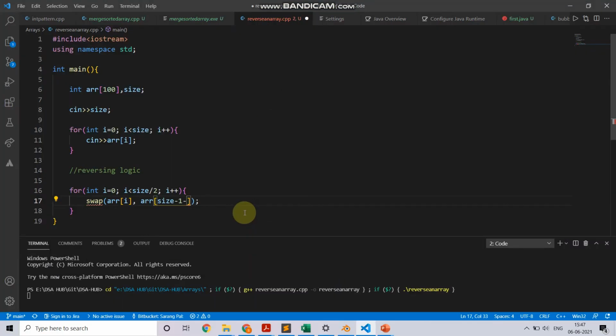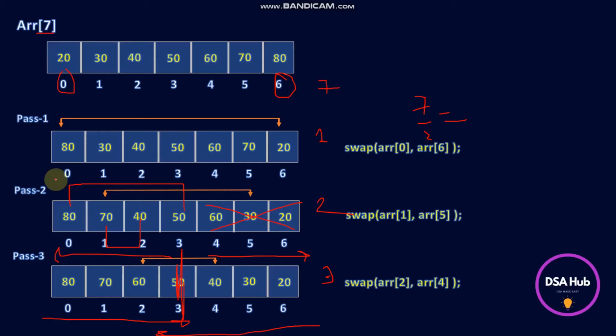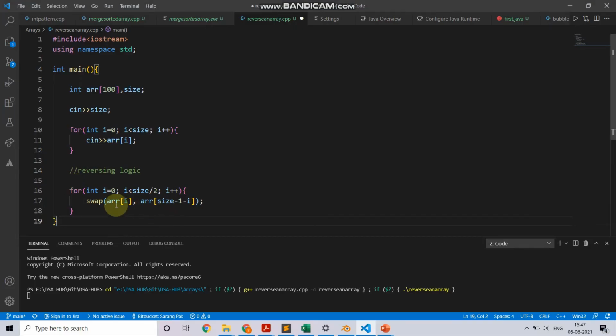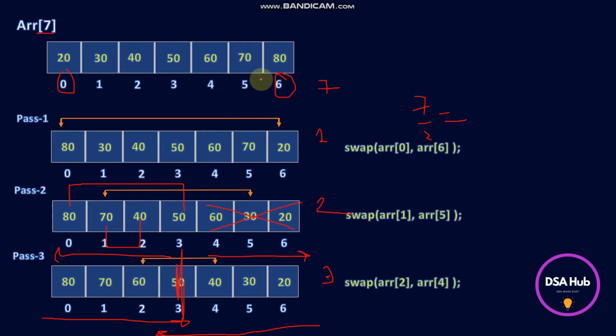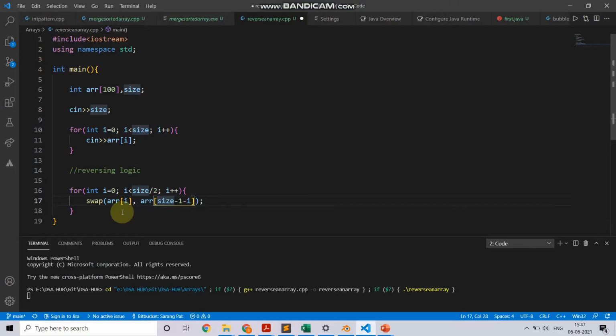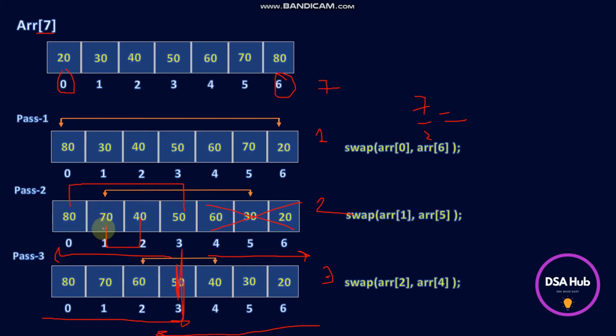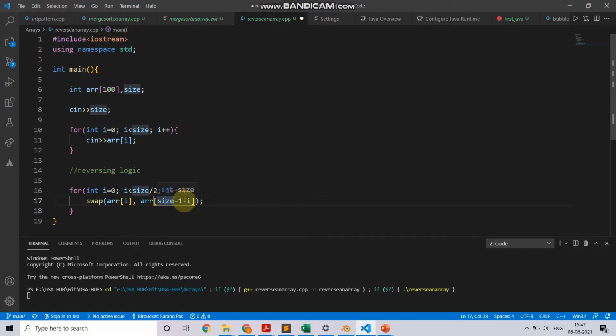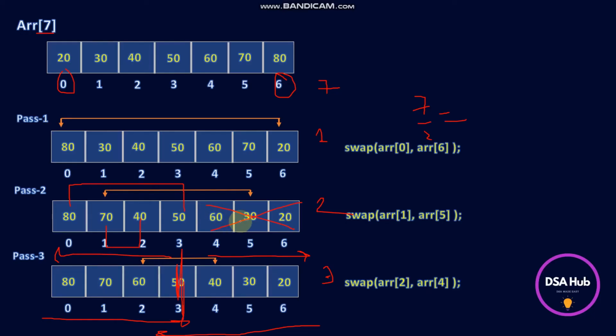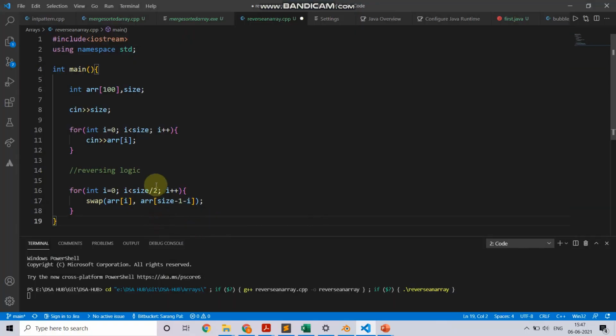Now how are we going to do that? What if we subtract i from size minus 1 every time we jump ahead? Just look here. i equal to 0 will be swapped with array of size minus 1 minus i. What's size? Size is 7. 7 minus 1 is 6, minus i. i was 0 in this case. So the 6th element will be swapped. Second iteration, i is equal to 1. arr of 1 will be swapped with size minus 1, that is 6, minus 1 since i is 1 now, the 5th element. This way we'll be swapping.